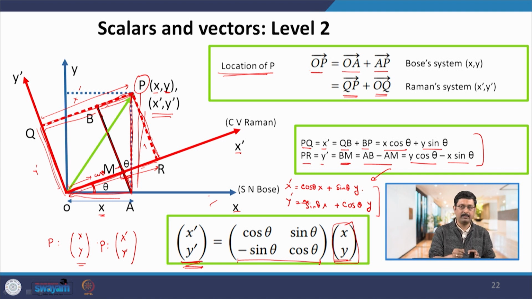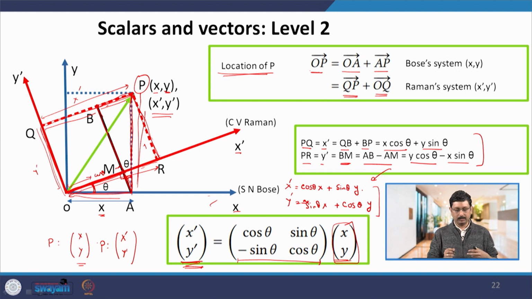We consider the same point O, and both S N Bose and C V Raman, they started from the same point O and reached at the same point P. That means that if we want to describe the location of any point on this plane using these coordinates, and if we demand that we can choose any direction as our x axis,